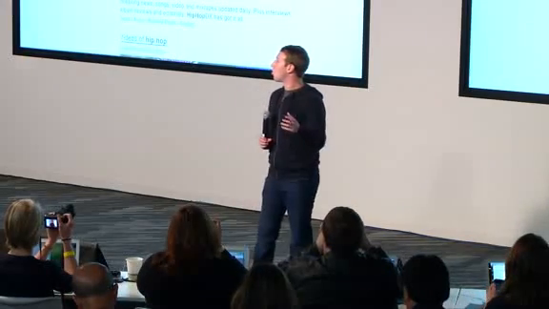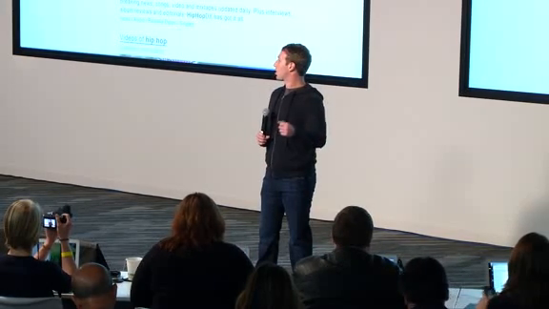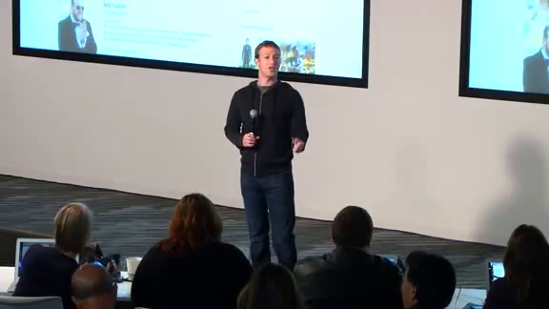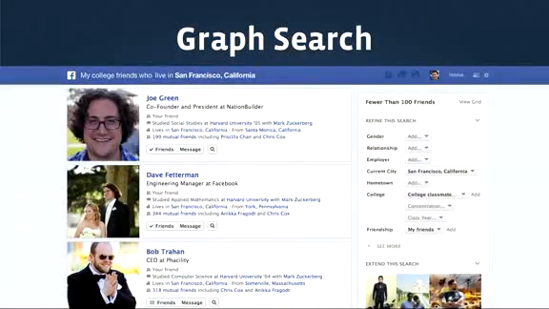In general, web search is designed to take any open-ended query and return to you links that may have answers to the question that you might be trying to ask. Now, graph search is very different. Graph search is designed to take a precise query and return to you the answer, not links to other places where you might get the answer. So, for example, you need to be able to easily ask a query like, who are my friends who live in San Francisco? And it just needs to return to you the answer immediately and quickly.